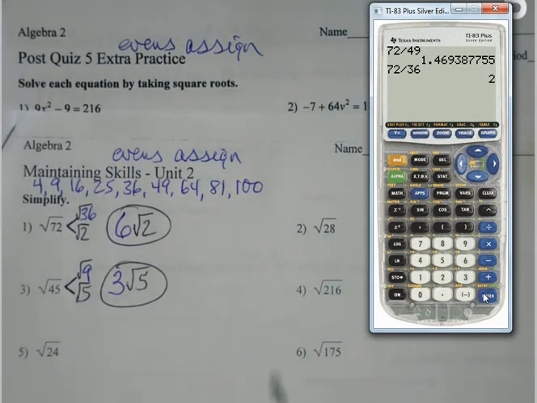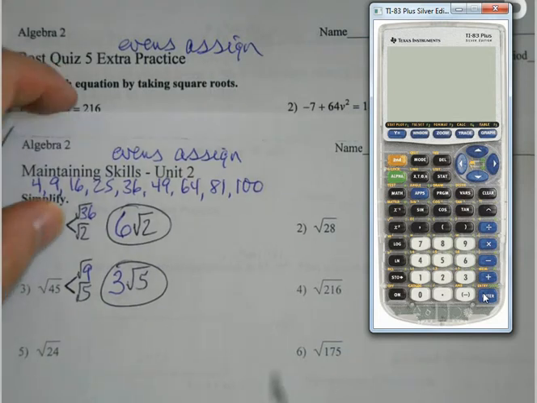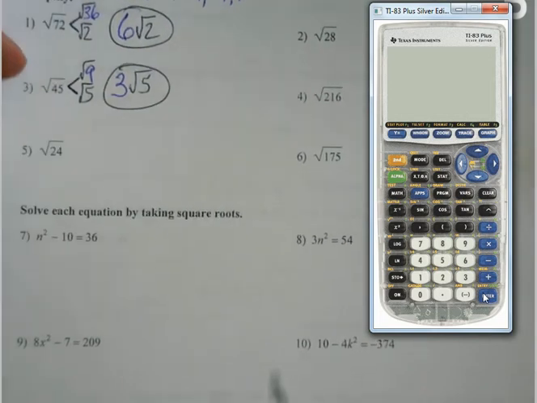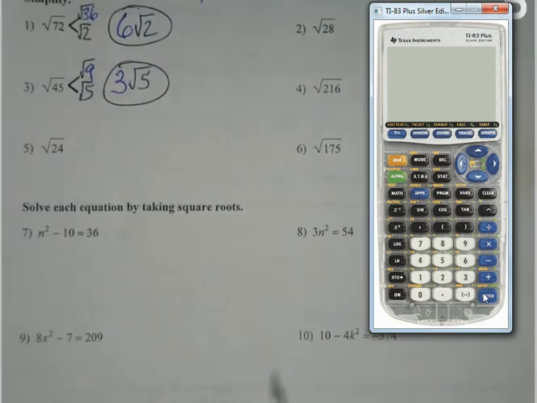And again, if they're bigger numbers, play with it a little bit. Try some of the numbers out until you divide something in. So why is that important? Why would I want to figure out how that works? Because when we slide down a little bit, and we solve by taking square roots,